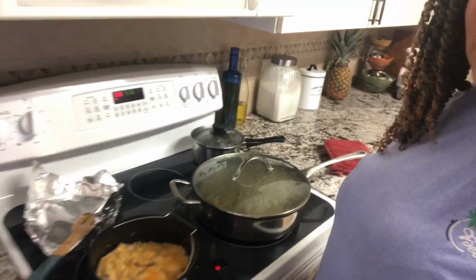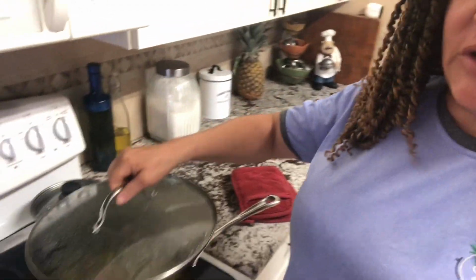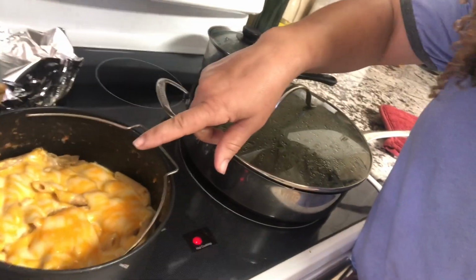So the macaroni and cheese is done. Callaloo is done. I have some barbecue chicken that was left over, so I'm gonna plate in just a second. By the way, I put some more cheese on the top of this macaroni and cheese. It's not Velveeta, it's cheese, so we'll see how it looks. Just a second. And the end result is,